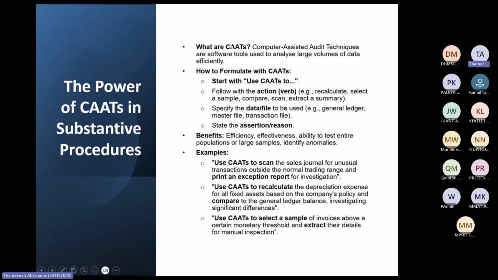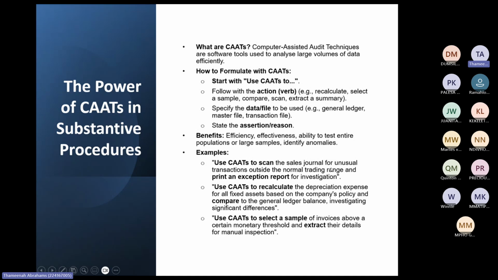And also the benefit of using CAATs is that, depending on how big your audit client is, a small client won't necessarily have huge data, but a bigger client, like Pick n Pay or Clicks, I mean, imagine how much data they have. Clicks has over 500 stores nationwide. So an auditor would want to use CAATs to assist them with the audit. Okay. Then, like I said already, here are examples.